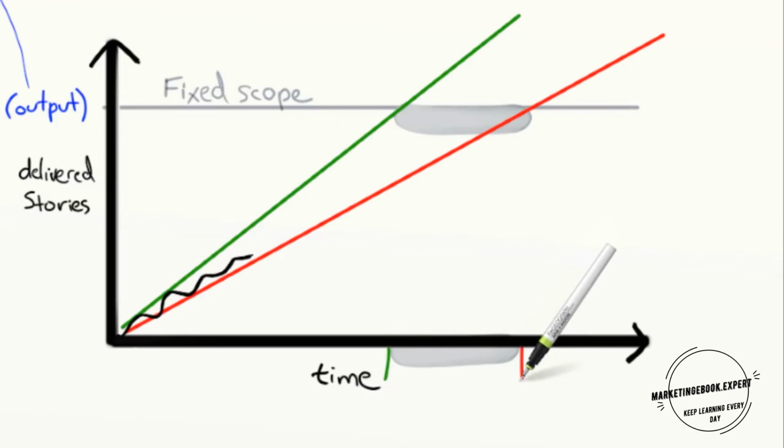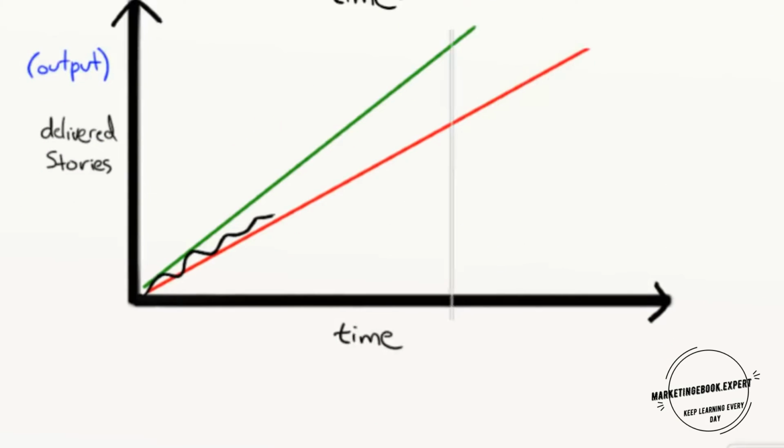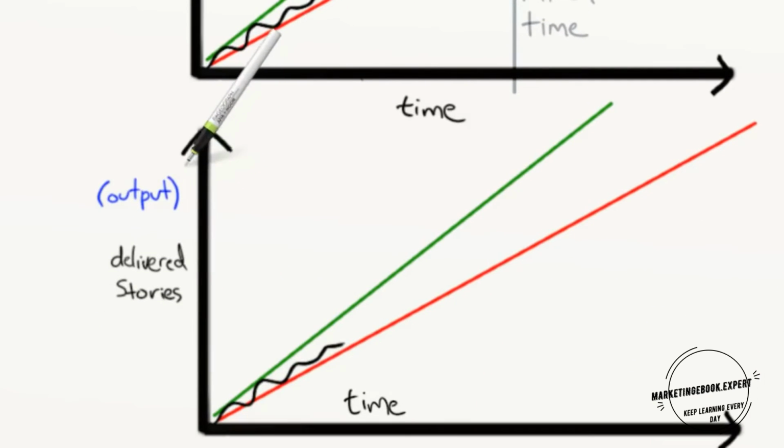Suppose the stakeholders ask Pat, how much will be done by Christmas? That's a fixed time, variable scope question. The trend lines tell us, we'll most likely finish all of these by Christmas, some of those, and none of those. And finally, suppose the stakeholders say, can we get these features by Christmas? Now that's a fixed time, fixed scope question. Looking at trend lines, Pat says, nope, sorry, ain't gonna happen.